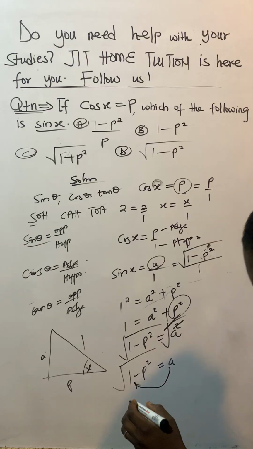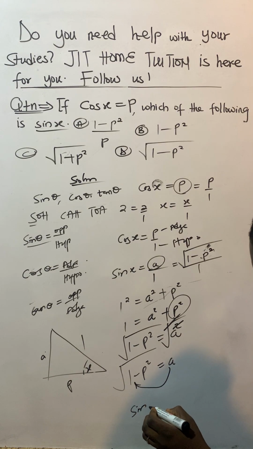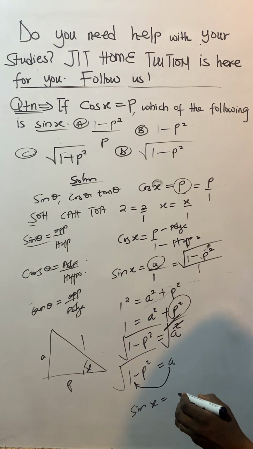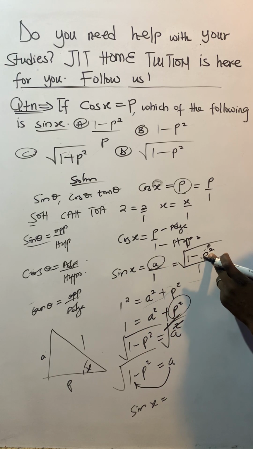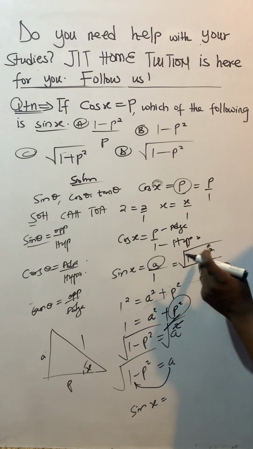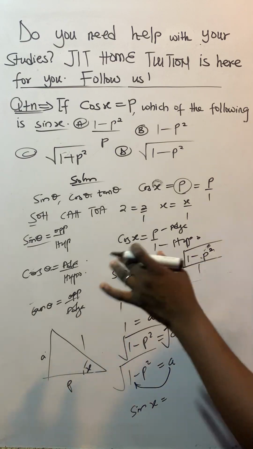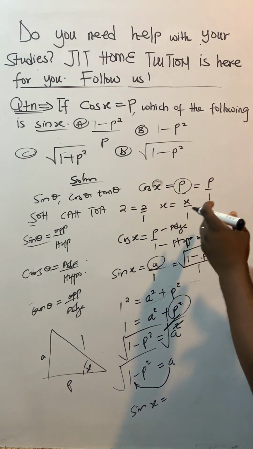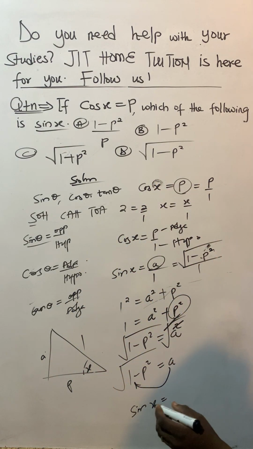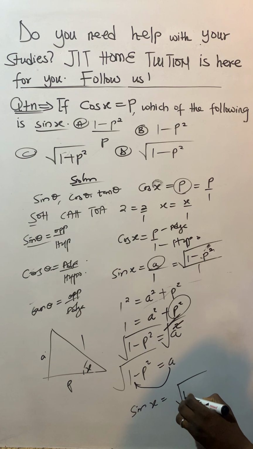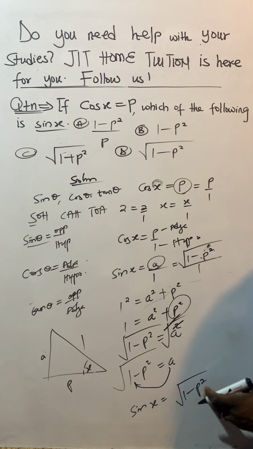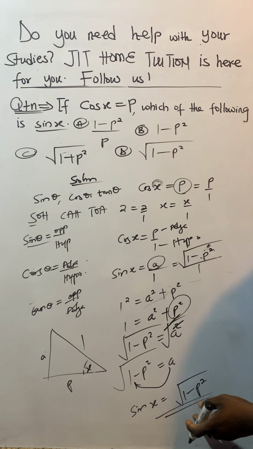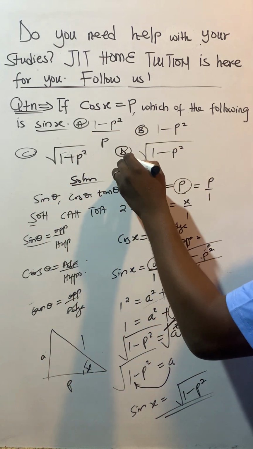Now what it means is that sine theta or sine x, which is equal to a over 1, is now the square root of 1 minus p square divided by 1. Any number over 1, like how I started, is still the same number. So that will give you sine x equal to the square root of 1 minus p square. And this becomes your answer. So you come and look through the options, realize that your answer